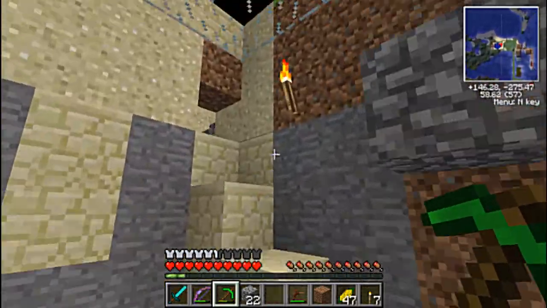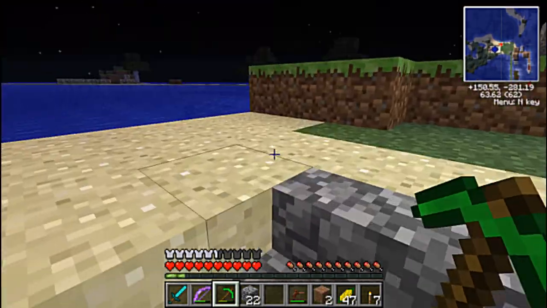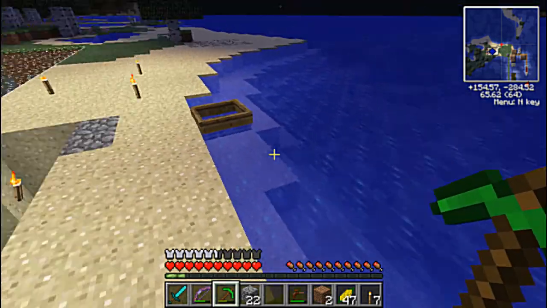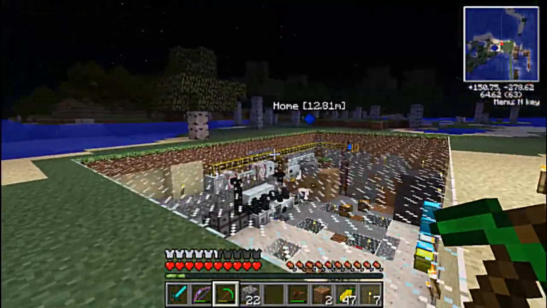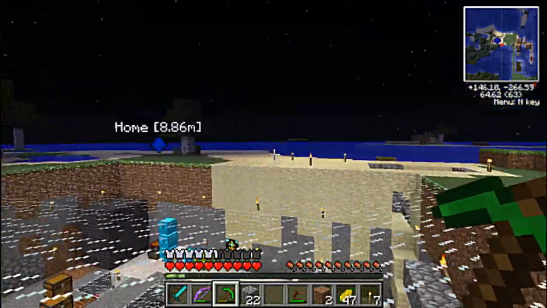So I can run them all into one central spot and then hit them all with instant damage potions if I want. Or I can run them all into a single spot and drown them all. Although if I kill them with water, I don't know if they'll drop their blaze rods or not. I'll try it in a creative world, well, I can't try it in a creative world,